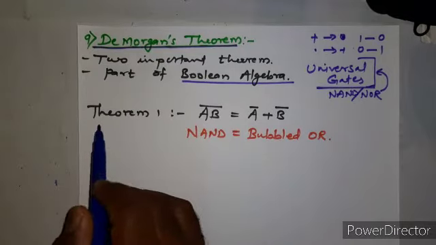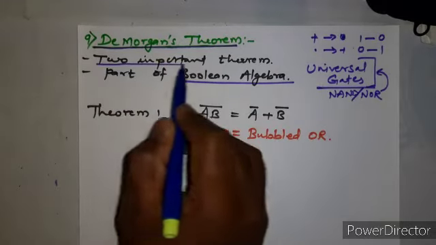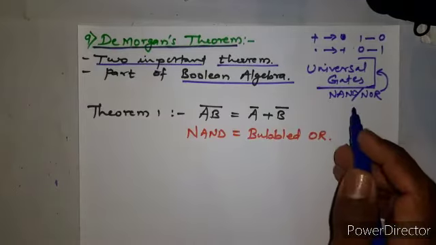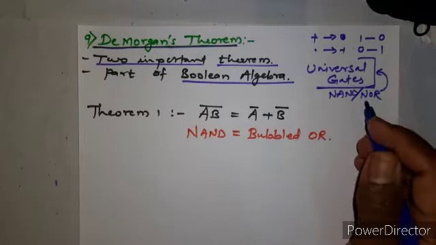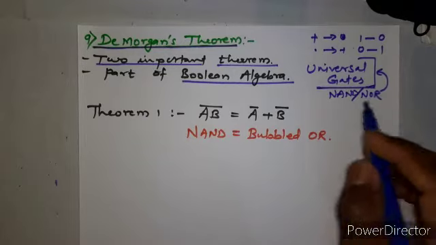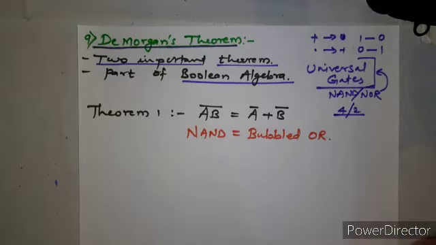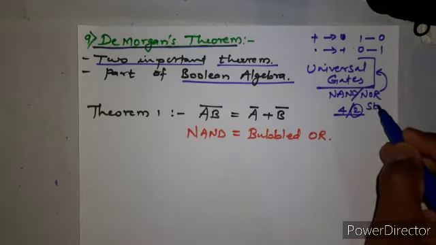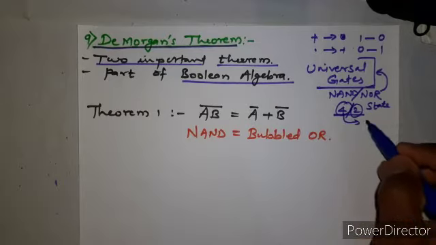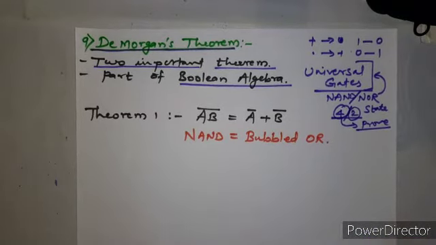But today let us try to look at what De Morgan's theorem states. We have two important De Morgan's theorems, and from the knowledge point of view we will look at the statements and proof of these theorems. From the exam point of view, you may have a 4 or 2 marks question. In the 2 marks question, they will ask you to just state, but in the 4 mark question you need to prove.